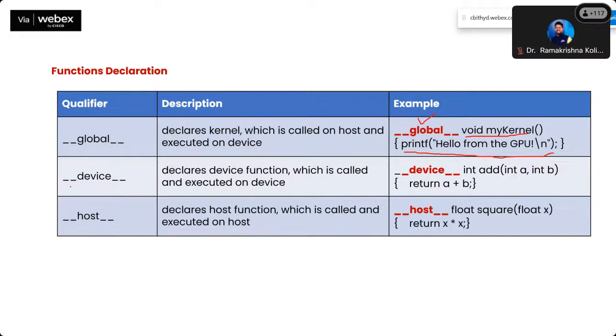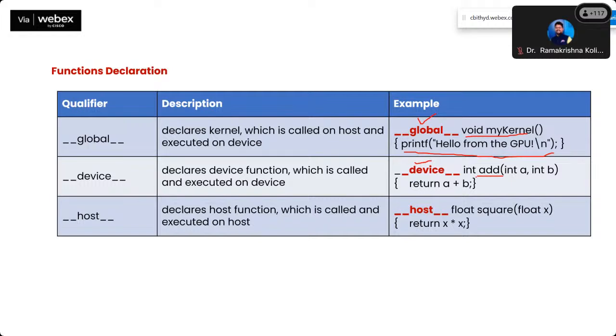Next is the __device__ qualifier. The __device__ qualifier basically tells us that if we declare any function with __device__, here you can see the device qualifier, that means this function will be called and executed on the device. So be careful, whenever I say device, I mean the GPU, right? So any function declared with the __device__ qualifier will be called and executed on